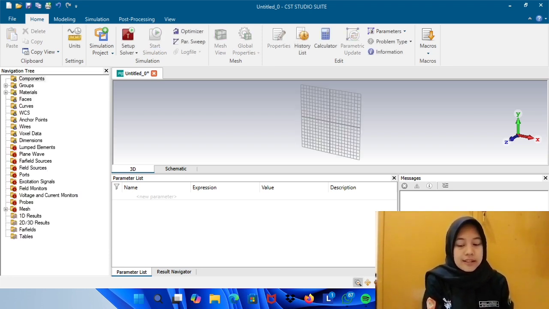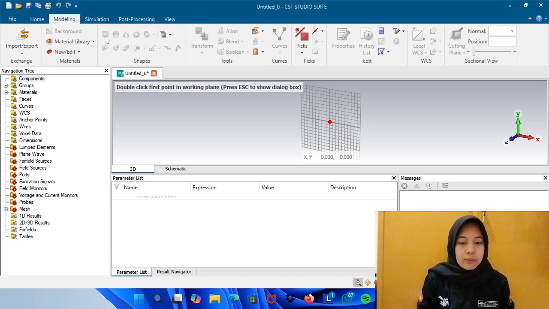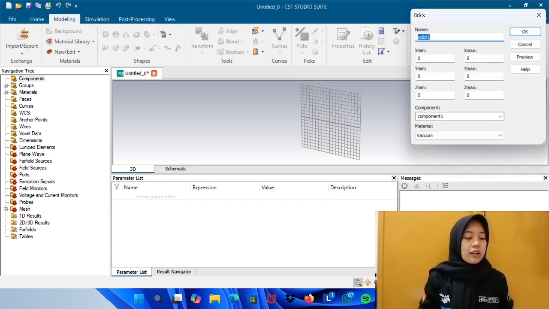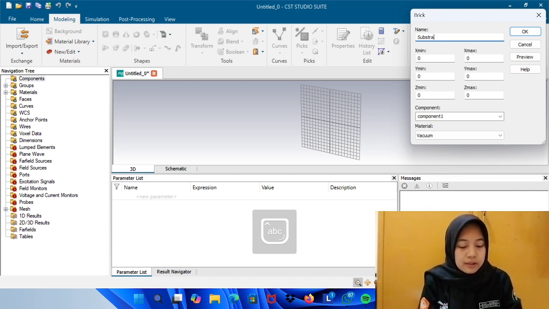Second, create the substrate. Use the brick feature to form the substrate. Determine the length, width, and thickness of the substrate according to the design requirement. You click modeling, brick, you give the name substrate.